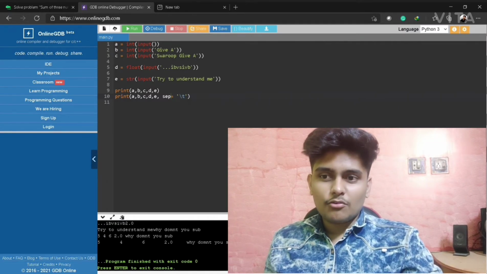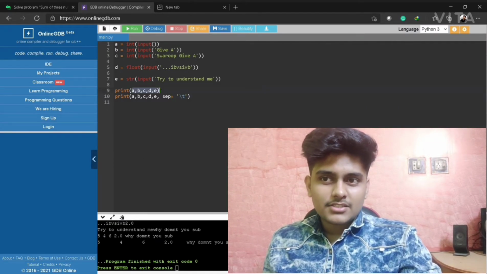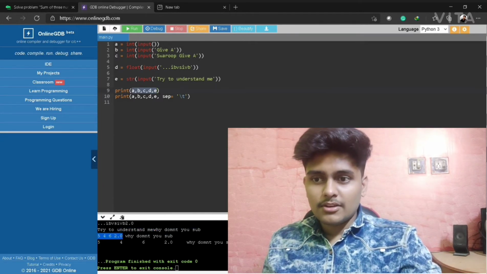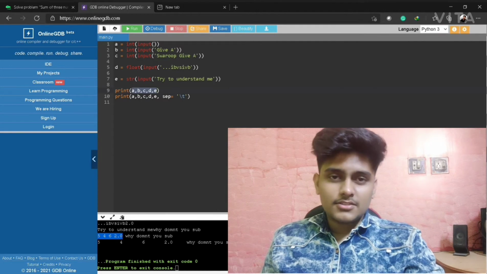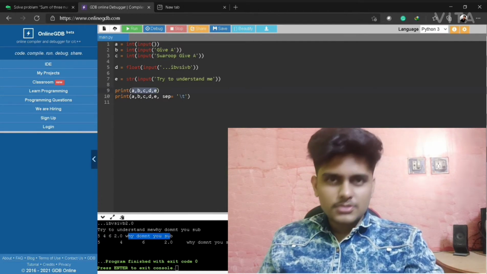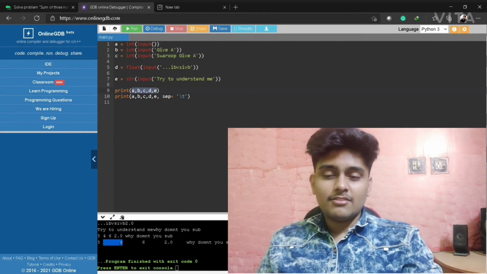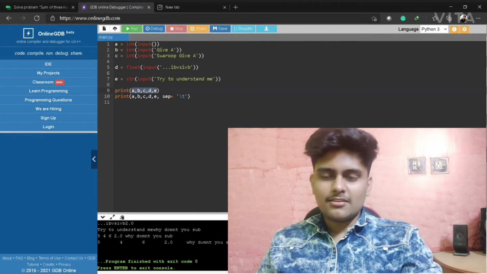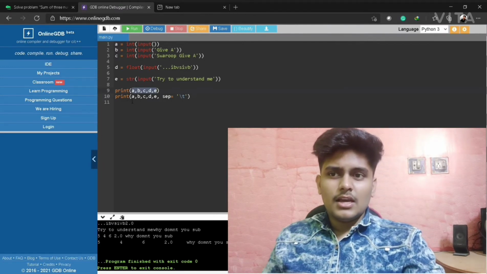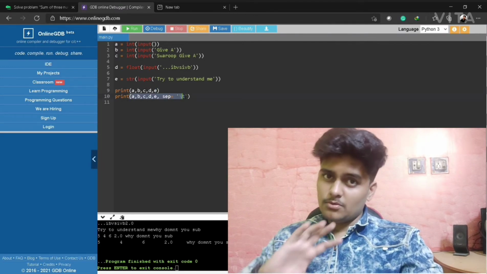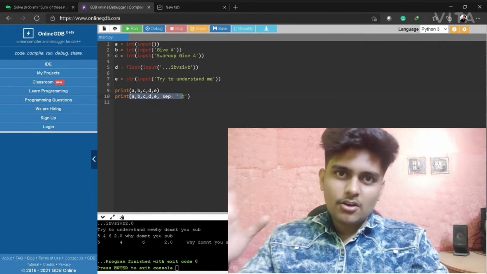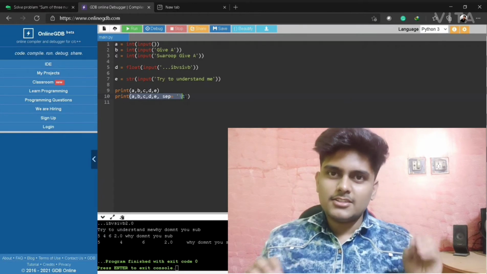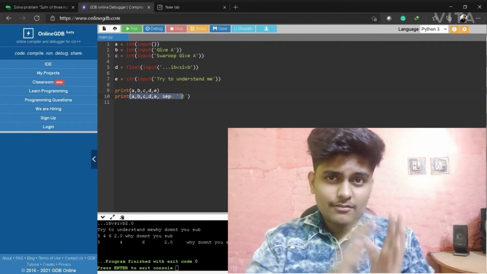You can see the output. In the first line, as I said, it will print each one after another, so it has printed 5, next 4, next 6, 2.0, why don't you sub. Next, as said, it gives a tab space, that is nothing but 8 spaces, and it prints those digits and whatever you have told the compiler to print. That's the concept, that's the logic to start doing the problems. If you understand this video, good. If you don't understand, then watch again.